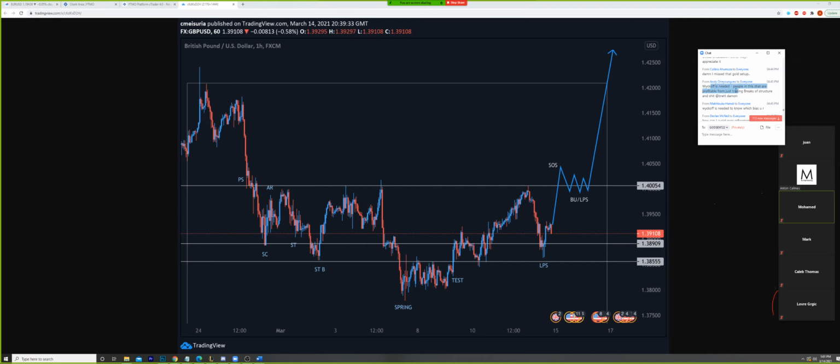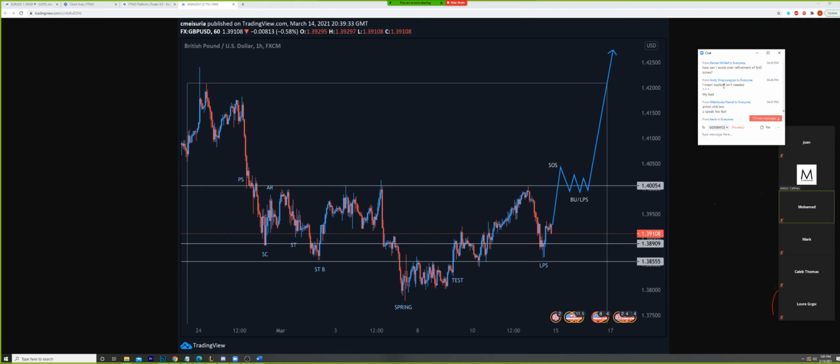Wyckoff is needed. People in this chat are profitable from just trading. Oh, isn't needed. Yeah, you're right. I think you made a mistake there. People in this chat are profitable from just trading breaks of structure and stuff. Exactly. Yeah. You don't need Wyckoff. Wyckoff's need to know which bias you are in. Not at all. Wyckoff complements your bias. Your bias is determined by structure, supply and demand zones, and mentfx blocks. So you actually don't need Wyckoff at all if you don't want it.